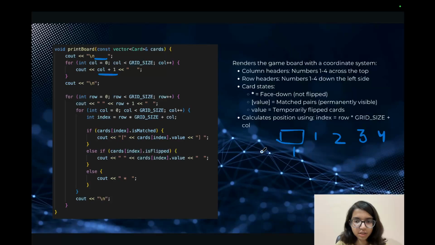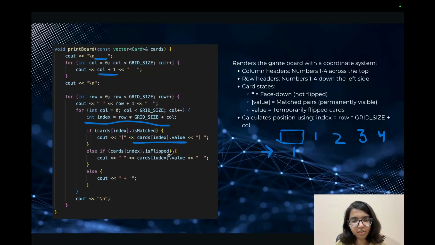Then from the next line, the row number will be printed, and within the row the values of the cards will be printed. The index is defined like this: row times grid size plus column. This will ensure that all the cards have a unique index. If the card is matched, it will print the value enclosed by square brackets.